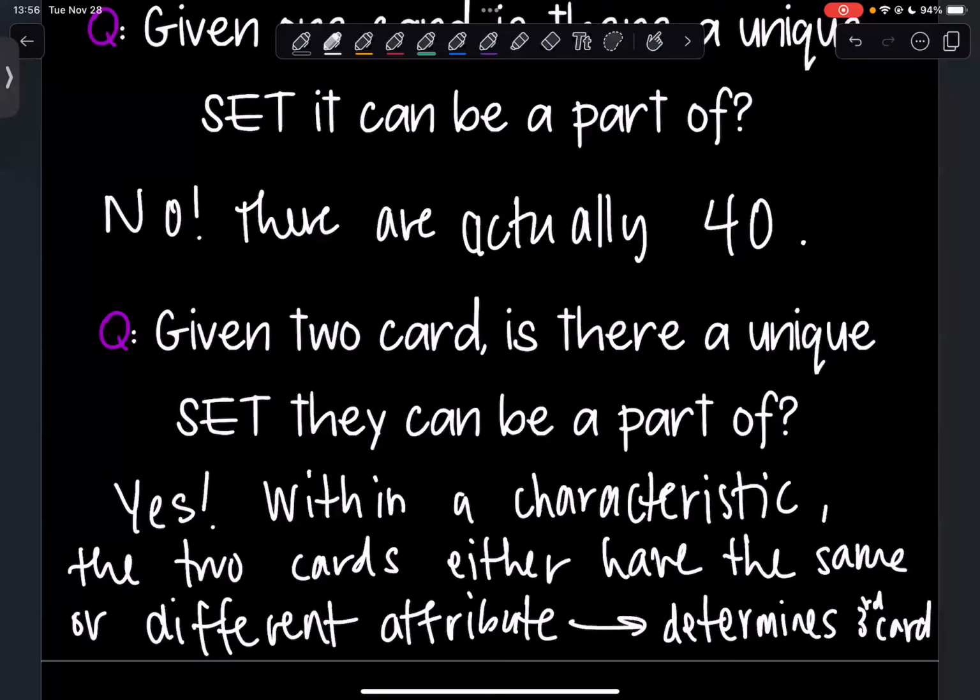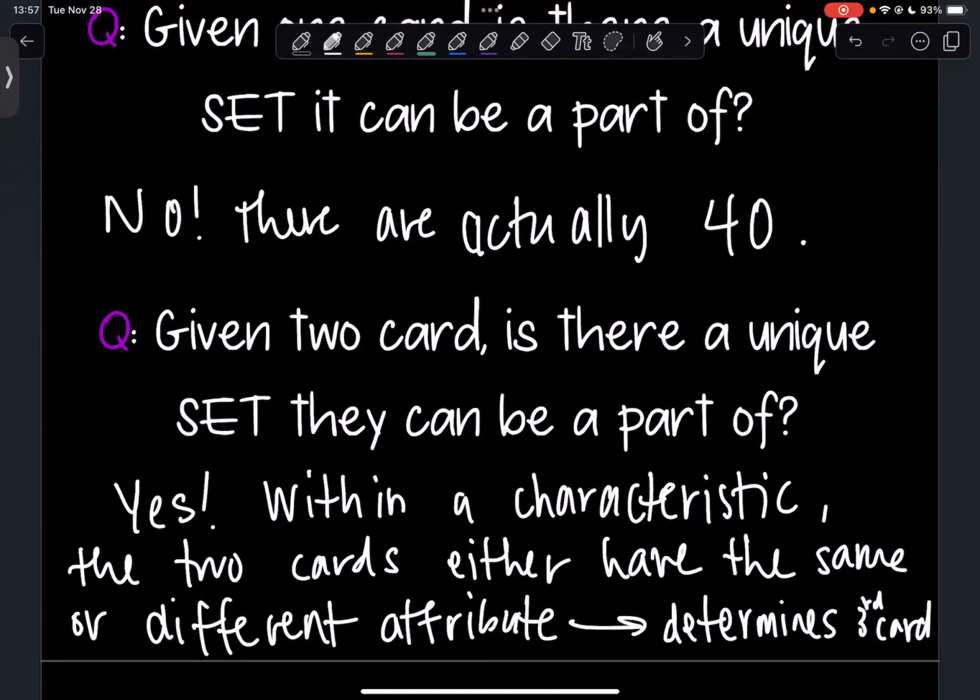Okay. Any questions on this explanation here? Right, and if you actually think about the second question first, it'll make it a little bit easier to think about the first question. If I pick one card at random and want to think about all the sets it can be a part of, I said I had 81 cards in total, but I can't choose itself to be in the set again. So I really only have 80 options for my second card. Yes, 80 options there. And then I can uniquely determine what the second card will be, right? But I said 40, and right now I said 80.